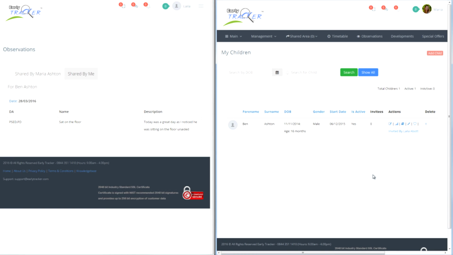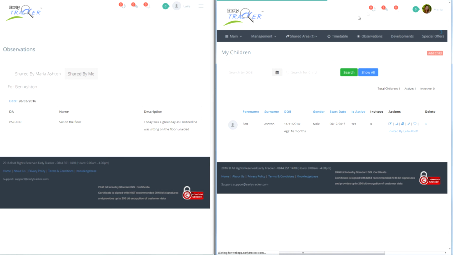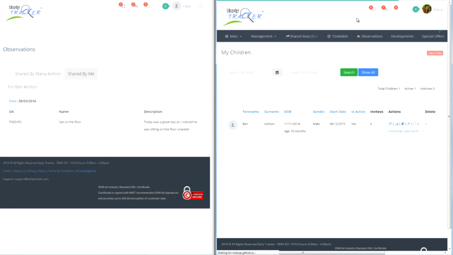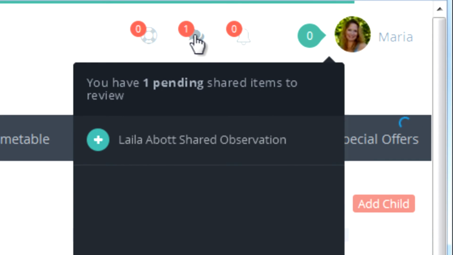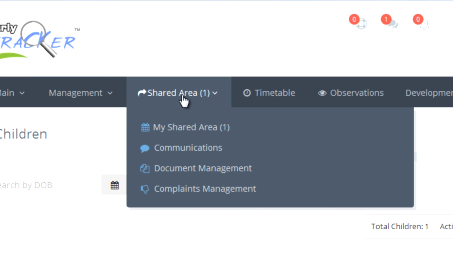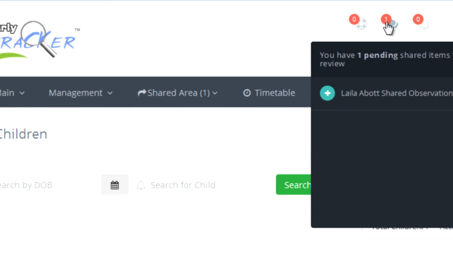Now if I go over to Maria's side and refresh the screen, we have two kinds of notifications. At the top, we have a notification which says Layla Abbott shared an observation. We look out for the counts here, and also we have a count that says something has come into our shared area. All I need to do is mouse over to the notification there and click on shared,